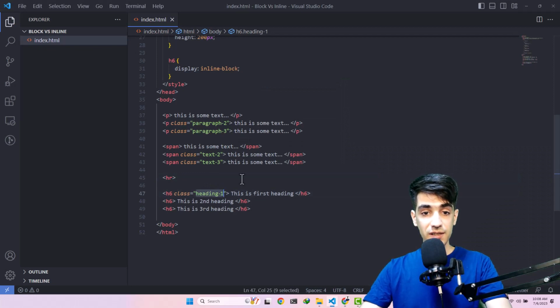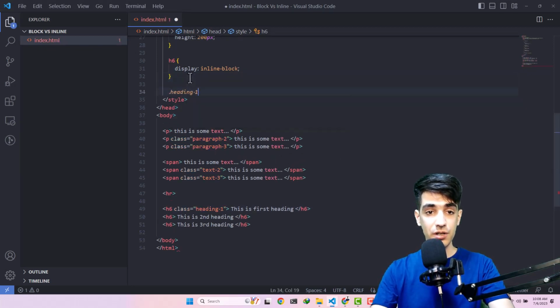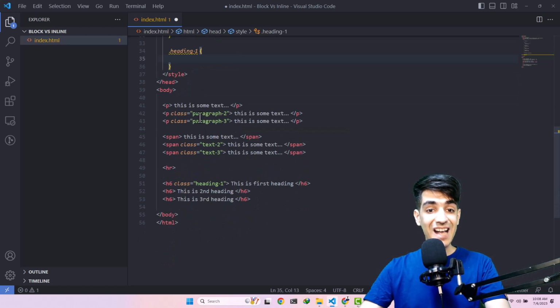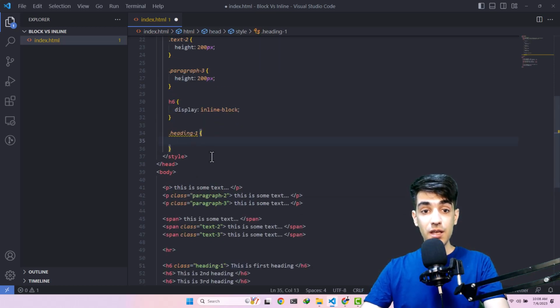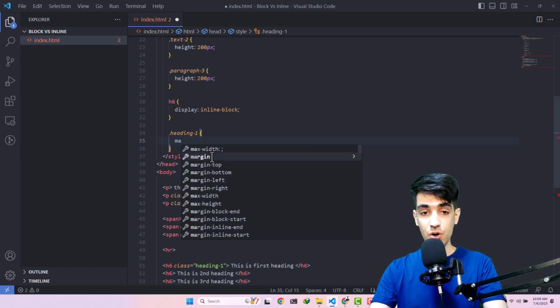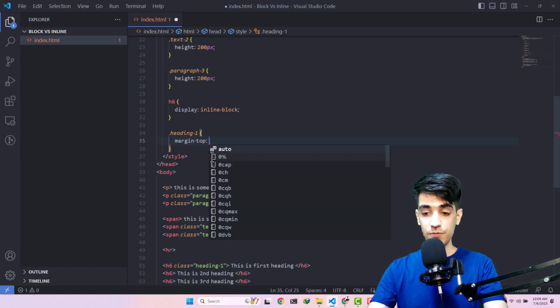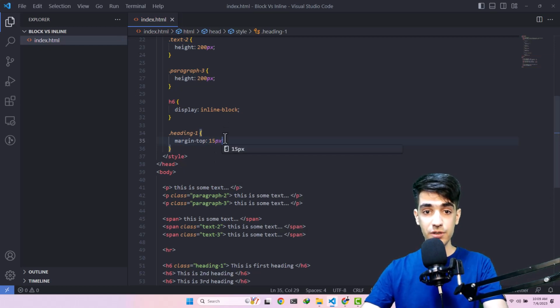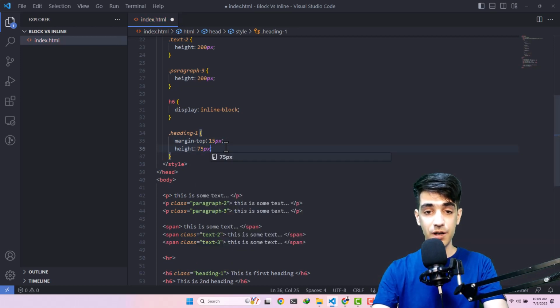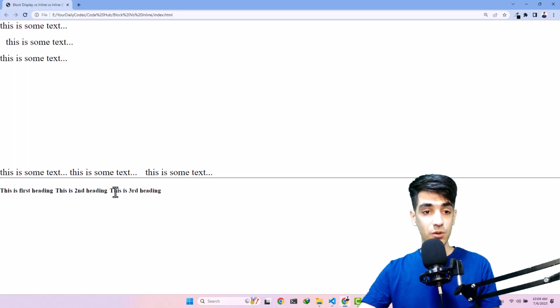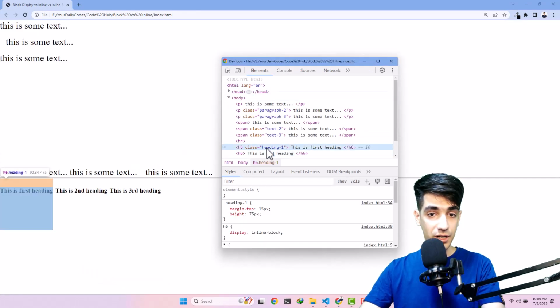And of course I can select, for example, dot heading1. Now it acts like an inline element completely. They do not occupy space from the very left to the very right, but the difference is they accept margin right, margin top, and margin bottom. For example, if I say margin top for this one, for example 15 pixels, it works. And also if I give a height to that, for example a height of 75 pixels, it still works. And if you come here, hit refresh on this inspect element tool on our heading1,